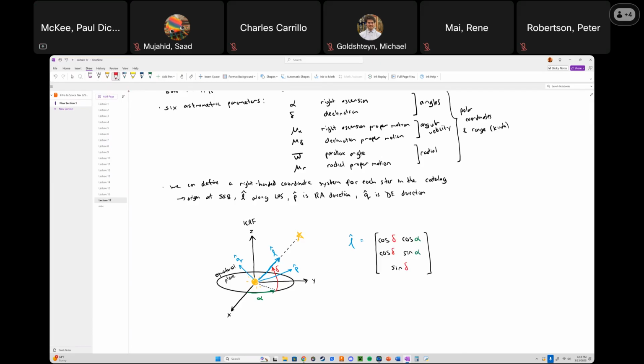So if your delta and your alpha are 0, then your L direction is aligned with your X direction. If your delta is 0 and your alpha is 90, then your line of sight is going to be along Y. And if your delta is 90, your alpha doesn't really matter. Now you're up along the North Pole direction. Similar idea. And then from here, P